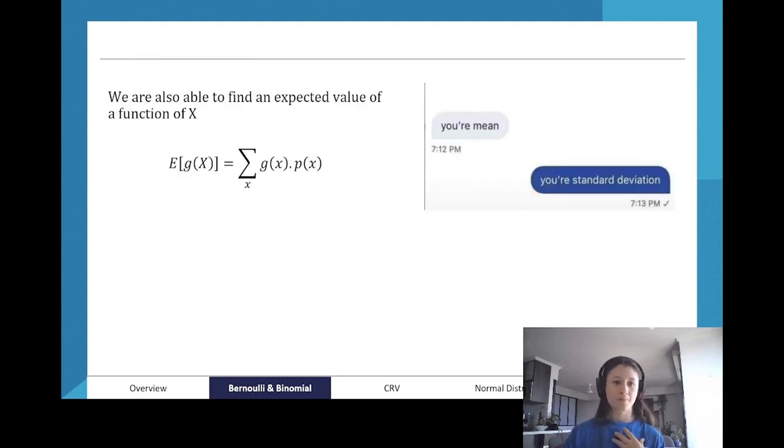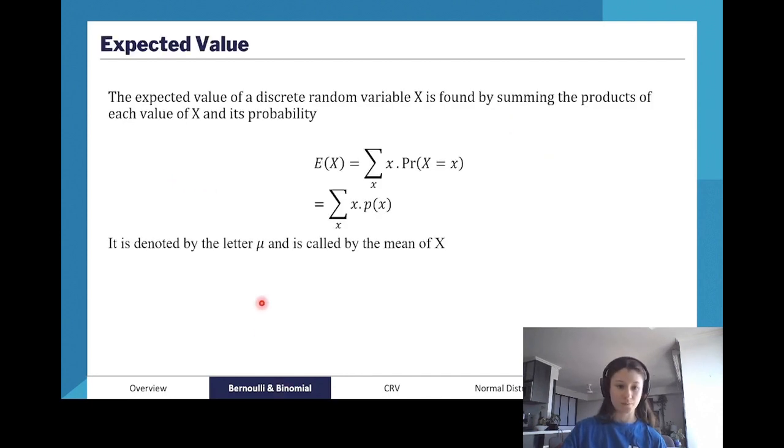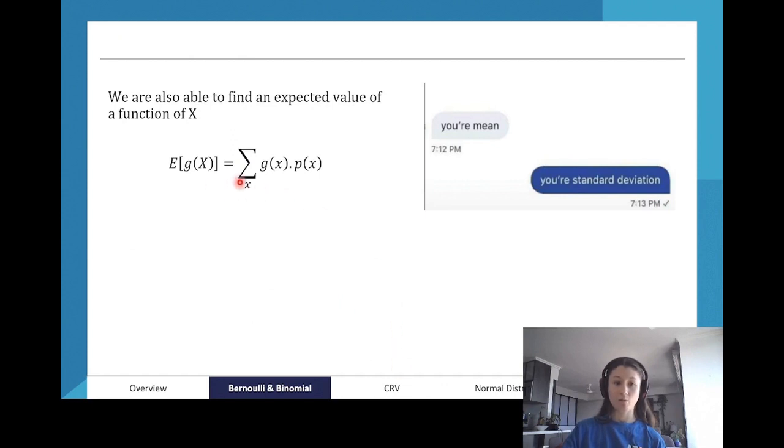So, we're also able to find an expected value of a function of x. So, if we have the expected value of g of x instead of just x, like we had in our last slide, then what we can do is multiply the value of the function of x by the probability of x occurring. And we're going to go through an example of that